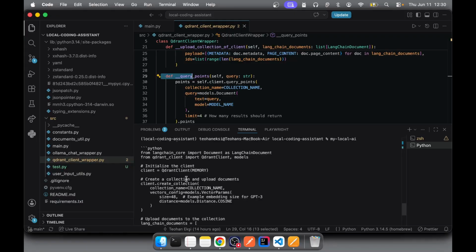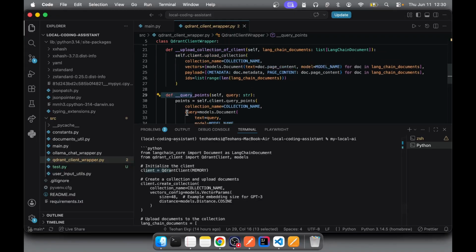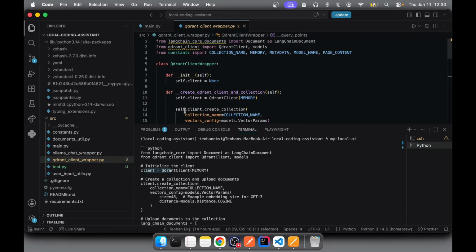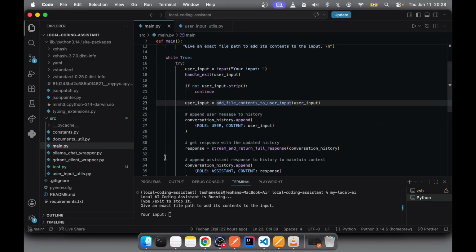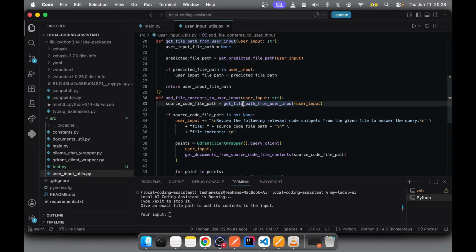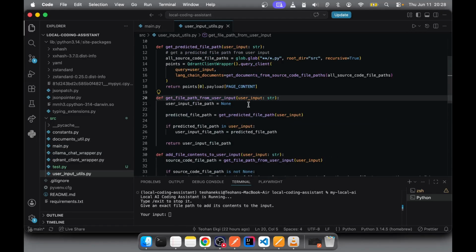To build a true context-aware local AI coding assistant, we couldn't just pass text. We needed local semantic memory. Let's look at the underlying architecture. We keep our core setup lightweight and split the system into a three-stage pipeline. The ingestion engine. When you mention a file path in the prompt, the getFilePath from user input function understands it and